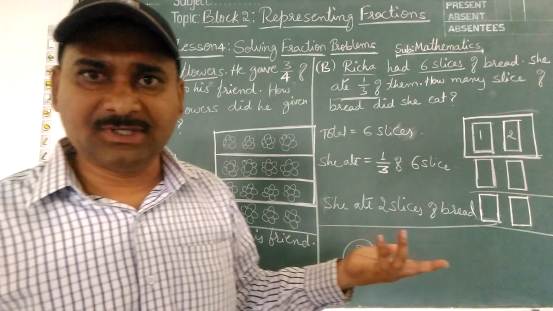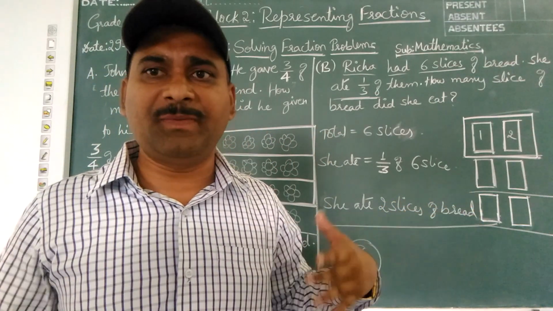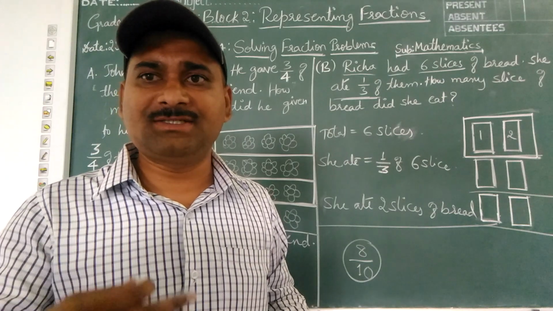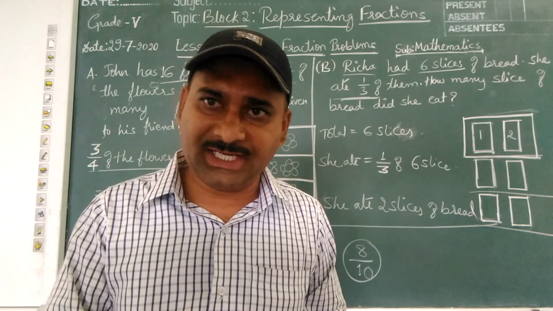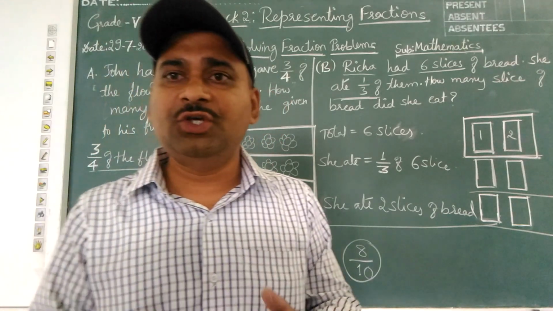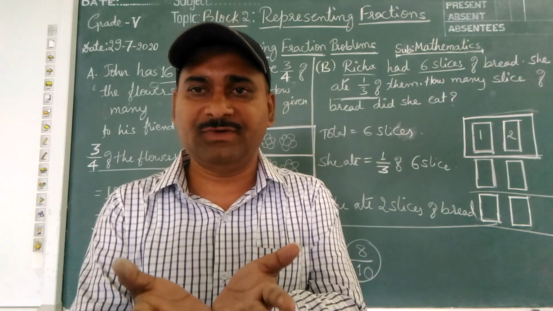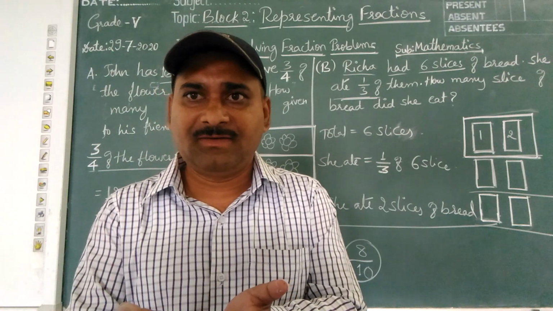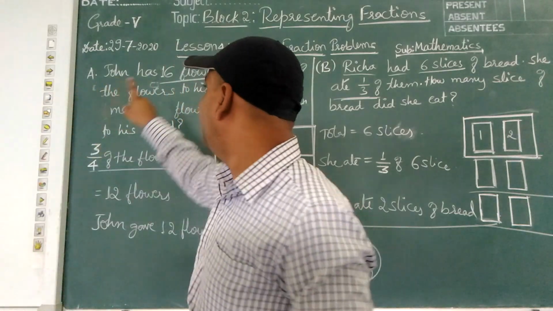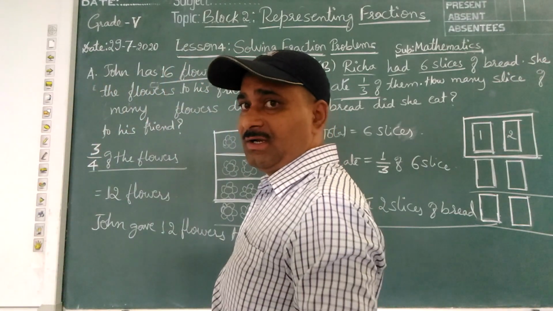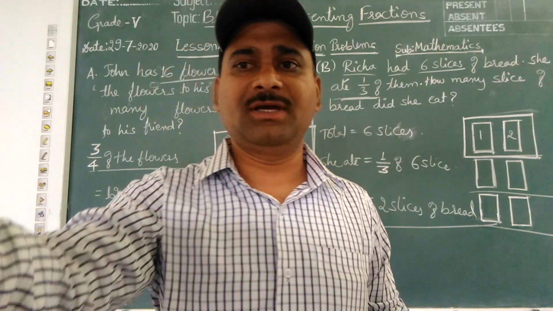Like this, children. You can use these same word problems to prepare one more extra new word problem, right? One question is given actually in the workbook also, it is there in the lesson also. You should create your own word problem with your own words, with your own sentences. What is given in that? A fraction and a number is given. Use that number and fraction, prepare one word problem like this. Understood? Okay. Thank you.